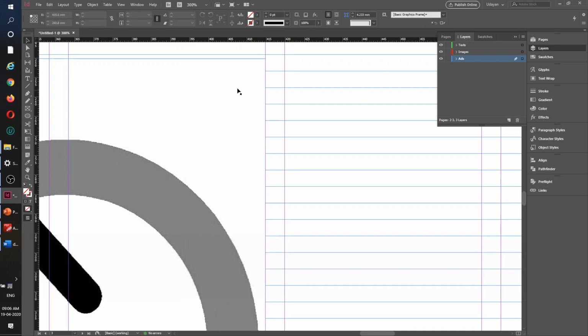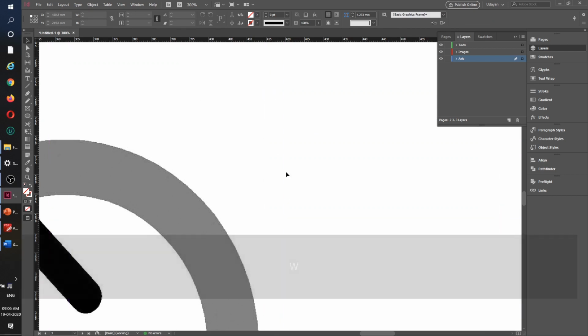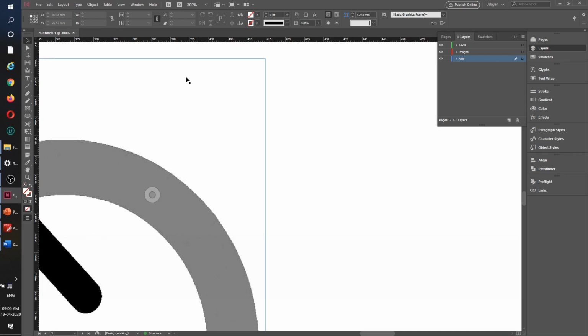This also makes it, see, if I press W, it is very difficult to know where the advertisement is, where the rest of the page is, right? That is the reason in my previous videos I told you to always give a 0.25 point border to every image for safety.